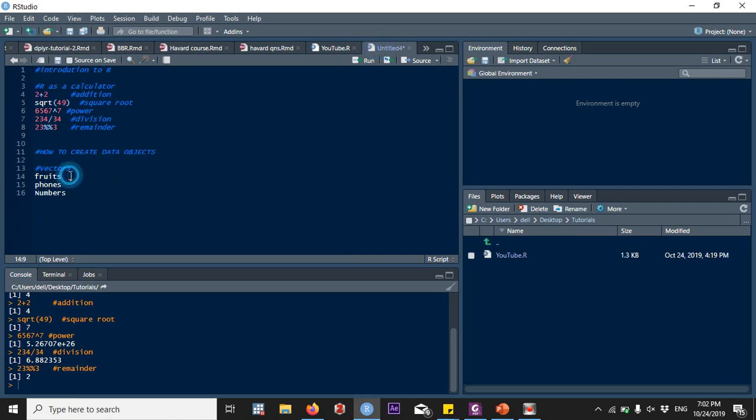How to create objects. For example, a vector like a set of fruits. Let's say we want to create a set of fruits. Let's give it a name, fruits. There is this sign. It is called the assign, the less than minus. If you want to add names of fruits together in one set, use what we call